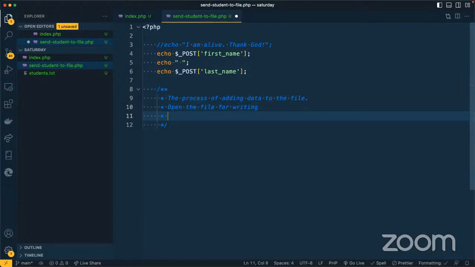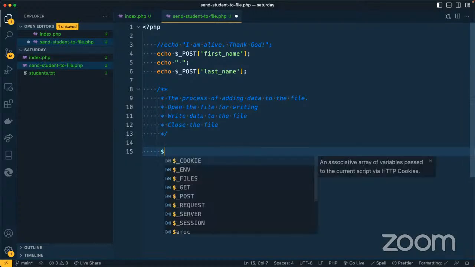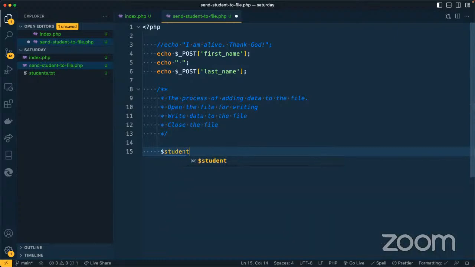Then write data to the file. Close the file. Okay. What else might we need to do? Probably that is what we need to do. So how can we open the file? PHP has an inbuilt function. So I'll just say students